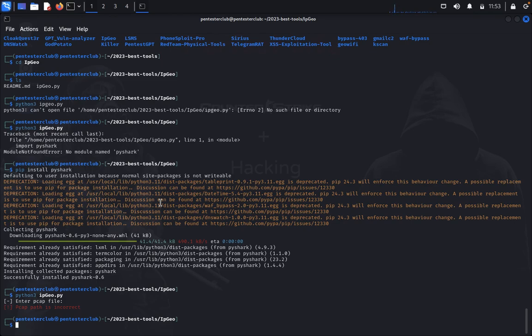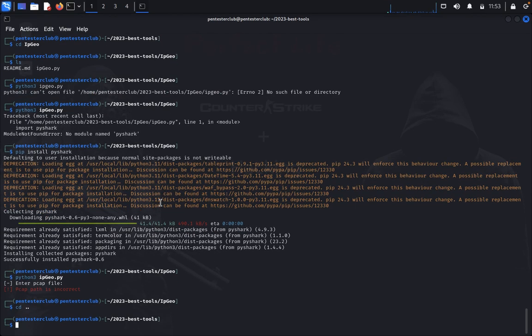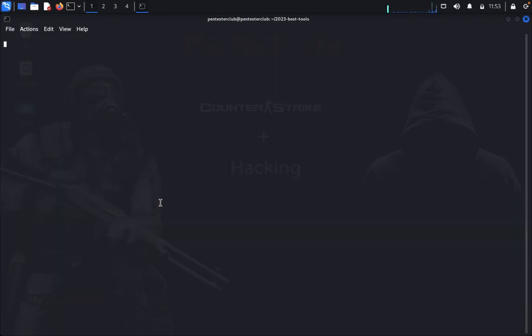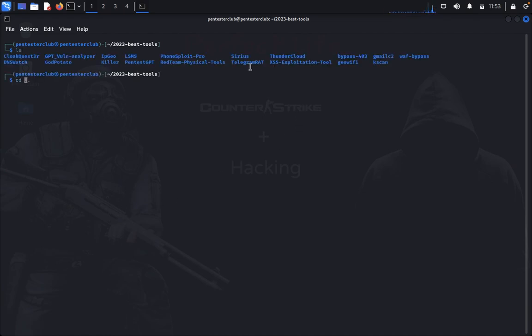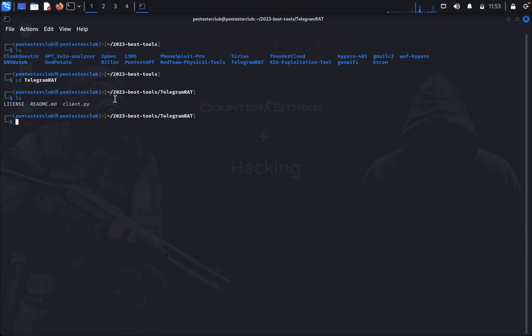Now we would like to go to the list. So Telegram rat. Telegram rat is a cross-platform Telegram-based rat that communicates via Telegram to evade network restrictions. Like you just need to go to the Telegram bot, Telegram. You just need to create an account if you know how. Then go to BotFather and create one sample bot, and you just get the access